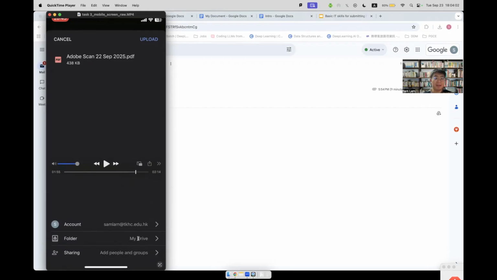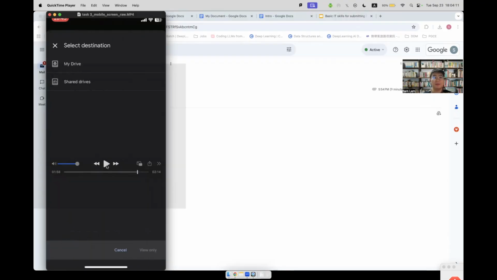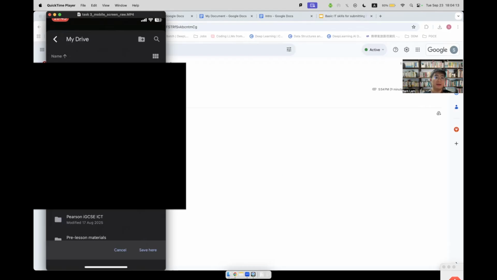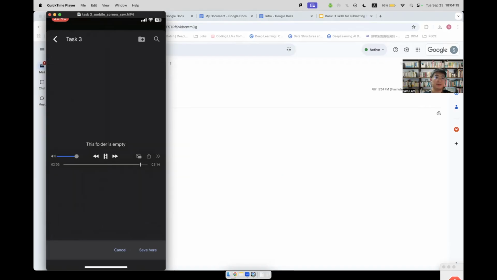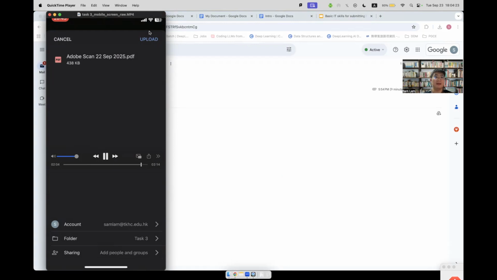You need to pick a location of the Google Drive you want to upload the document to. So I click this arrow, and then maybe I pick my drive, and then inside my drive, let's say I pick the folder task 3, okay, task 3 folder, and let's say I want to save here, okay, and I click it, and I click upload,